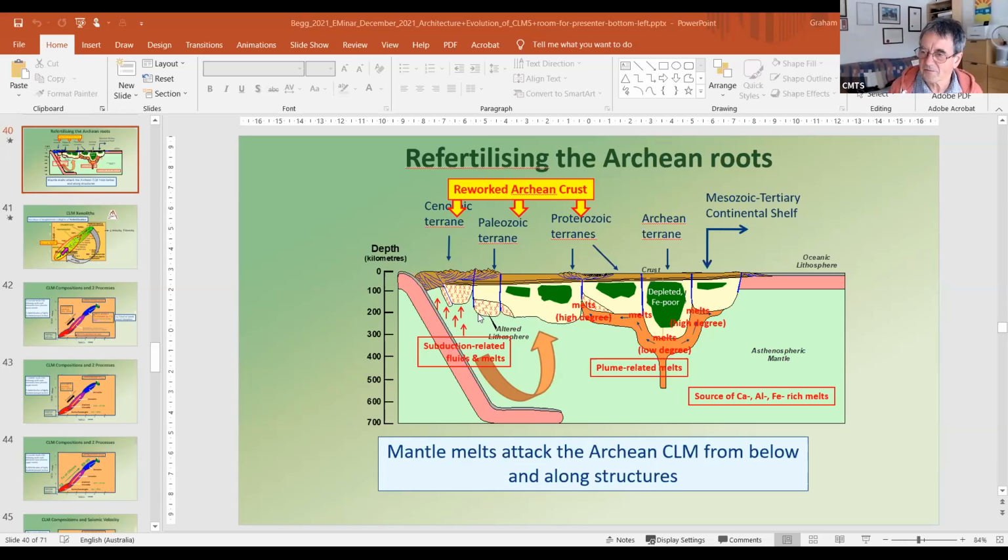One final question for Andy before you go. Do the seismic tomography models imply Archean CLM exists below oceanic crust, e.g. off the west coast of Africa? That's an interesting question, Andy. Thanks for that. Yeah, look, that is something we've observed,